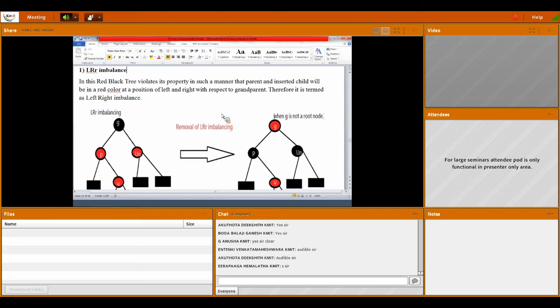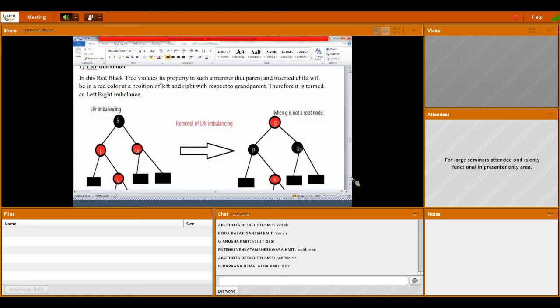If it is a complete tree and the grandparent is the root, then it is black color. But if you are considering this as one group, one subtree, then it should be red only. So now if you see this completely, the problem is what? Left-right imbalancing.